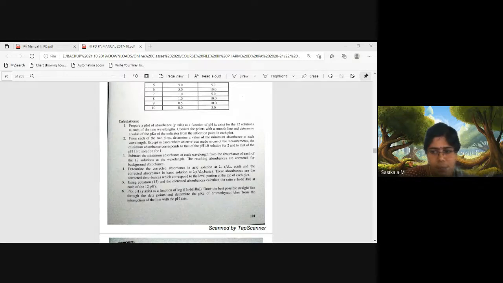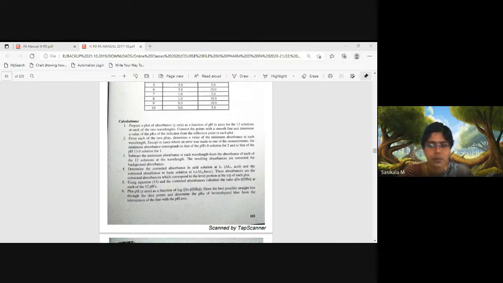So with this, this experiment completes. I didn't find any demo video on determining pKa, so only with this reading you need to learn how pKa is determined. We are comparing how UV is related to pKa determination, meaning pH values are compared with absorbance values taken in the instrument. We use two instruments in pKa determination: one is a pH meter, another is a UV visible spectrophotometer. The pH meter tells the pH of solutions from 1 to 14. The UV visible spectrophotometer tells at what nanometer each pH solution absorbs and how much absorbance it shows.